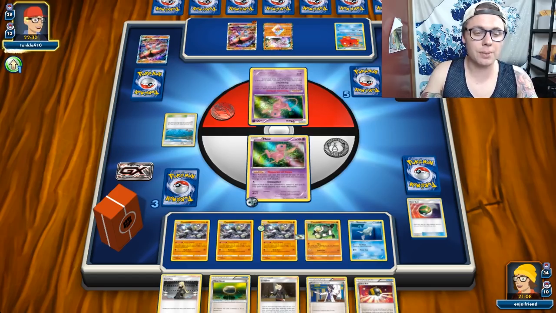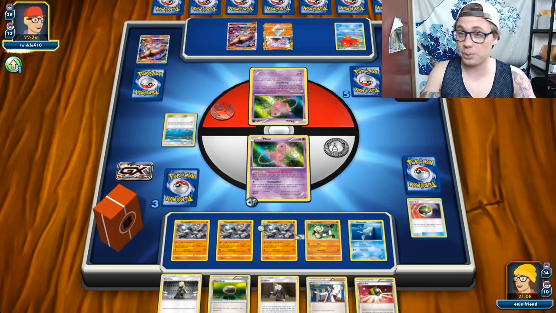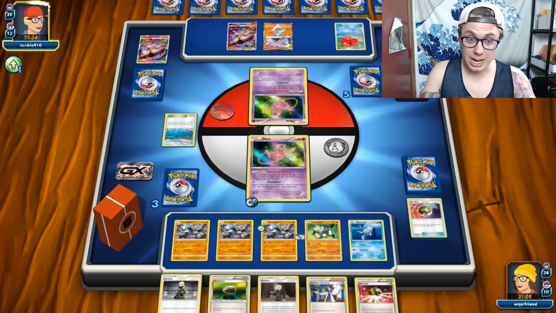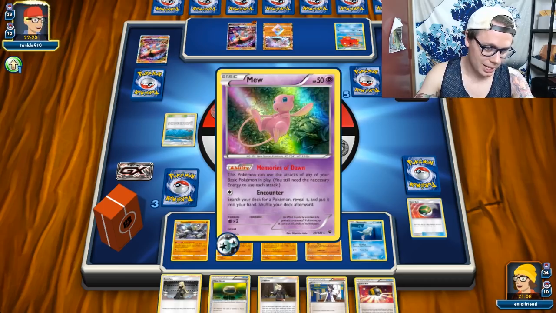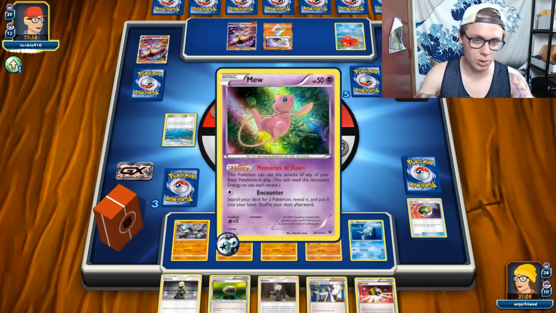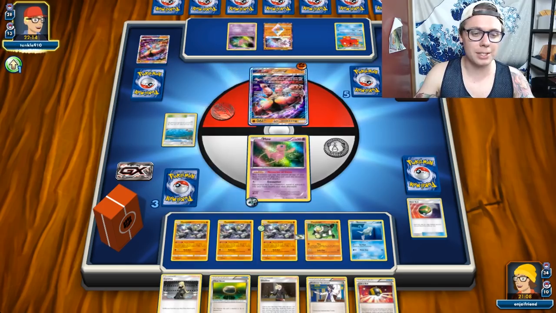I would rather do something a little more exciting. But my board position's fantastic. I'm up 2 prizes on my opponent. This deck is pretty crazy, I'm not going to lie. The Mew thing like this is pretty cool. And I think that probably the worst part about this deck is that